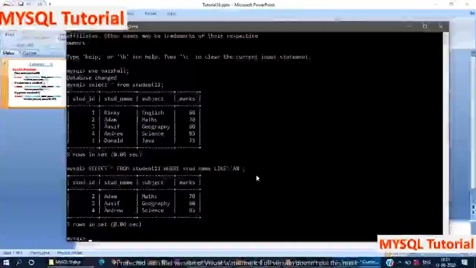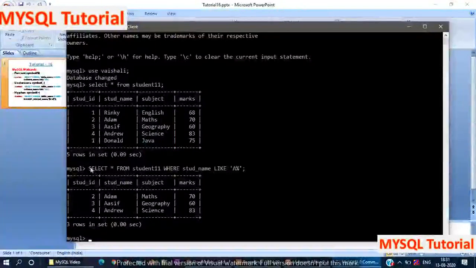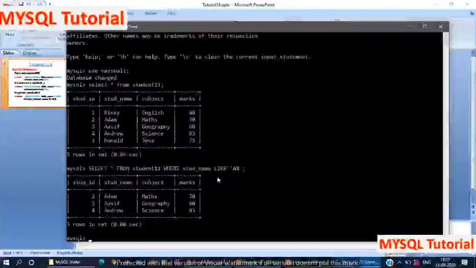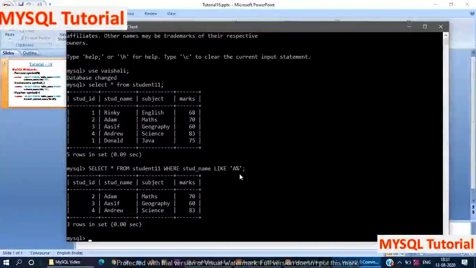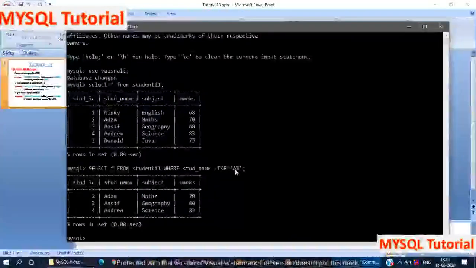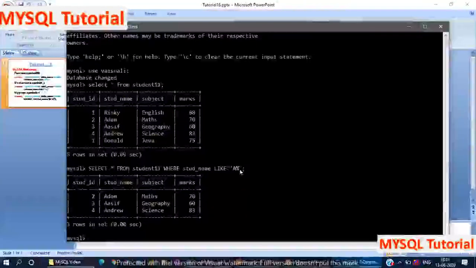On the student table, I perform the query: SELECT * FROM student11 WHERE student name LIKE 'a%'. Percent takes any number of characters. That means a student name starting with A, and after the A character it contains any other characters.